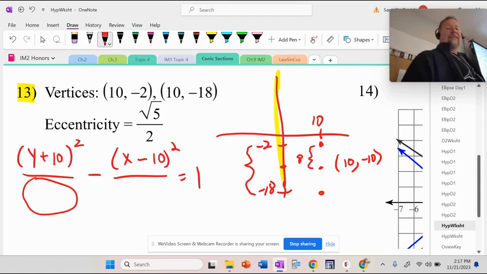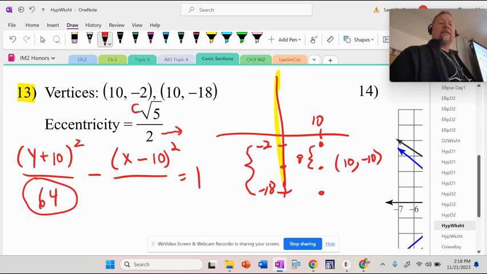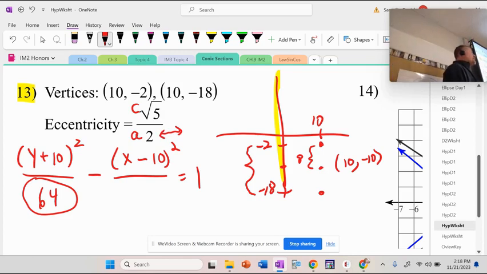64. Wait till you see the next number. But take a guess what the next number is. It is going to be 16, but it's because something weird happened here. What did I just say the x-axis radius is? This is c over a. What is really the x-axis radius, though? It's not 2, it's what?